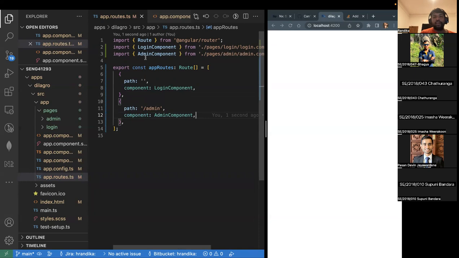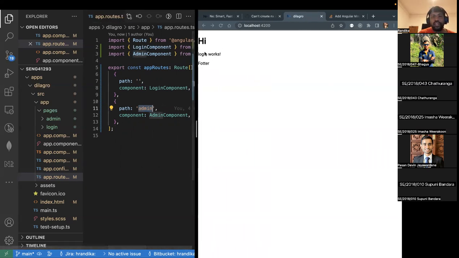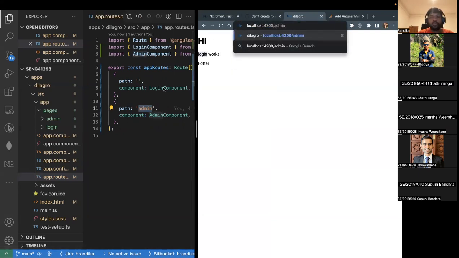Okay, right now what we have done is we have introduced a new one. This one, yeah. So right now we have two paths. One is the empty one. The other one is the admin one. If it is empty, you can clearly see it is showing the login works. But if I add admin as the route we have defined